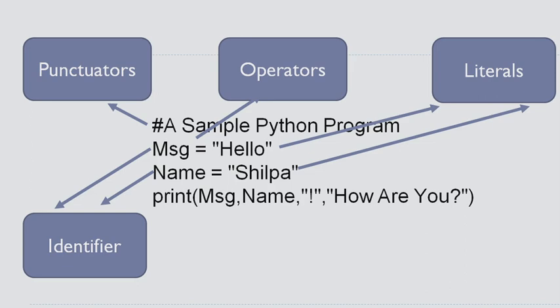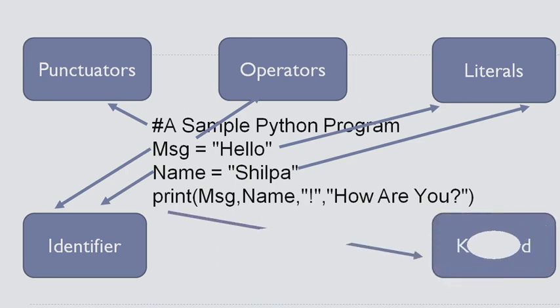You must have studied variables and constants in mathematics, like we write a equals to 5. Here a is a variable whereas 5 is a constant. One more thing is there, print. Print is a keyword because it is fixed. It is used to display the output on the default output device of our computer, that is the monitor.